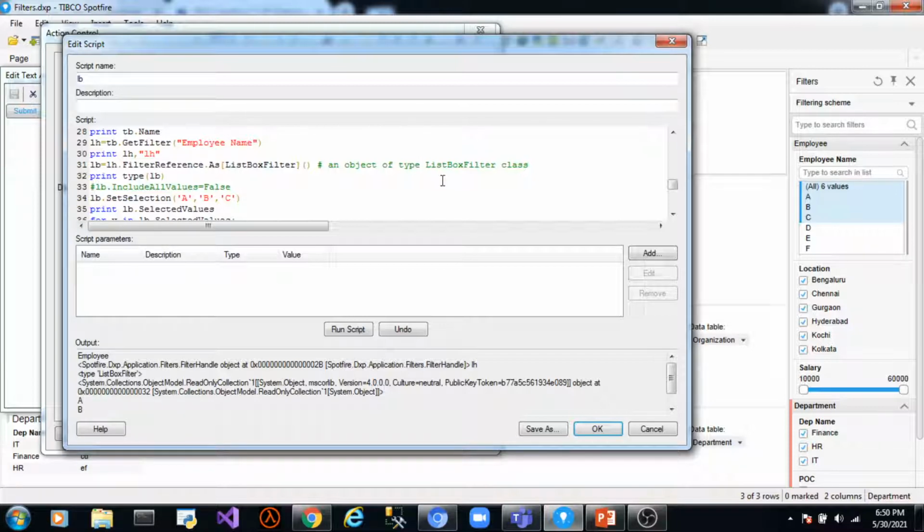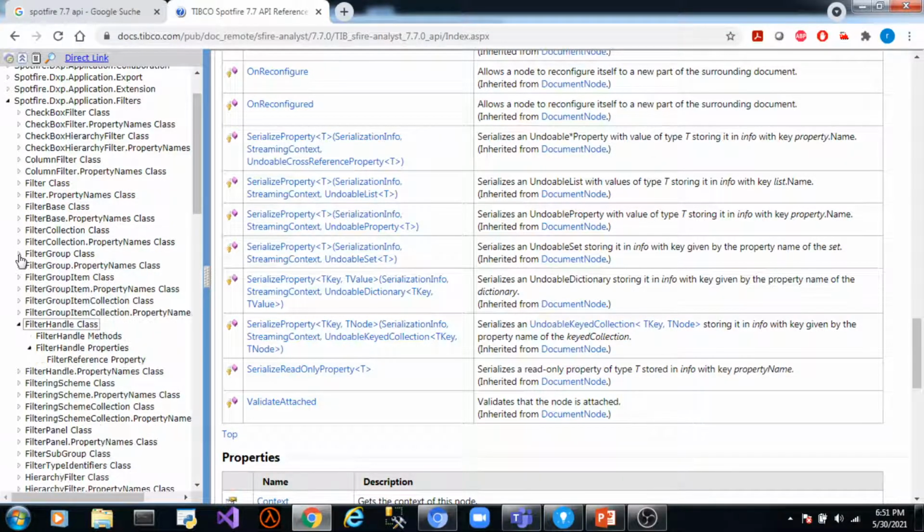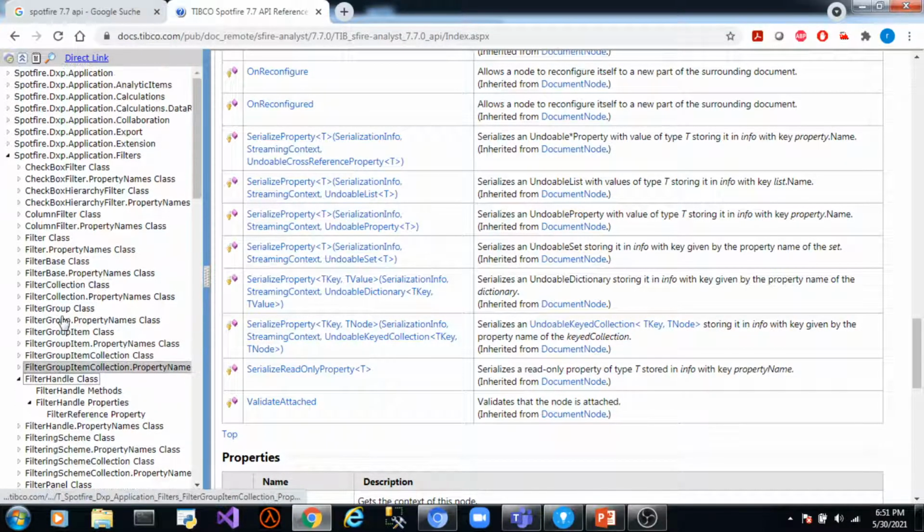To access the methods and properties of a class, we create an object. We need to have an object to be able to access those methods and properties of its class. So similarly, this is an object of class filter. If we go to filter class, we will come to know what methods and properties we can use with this filter class.